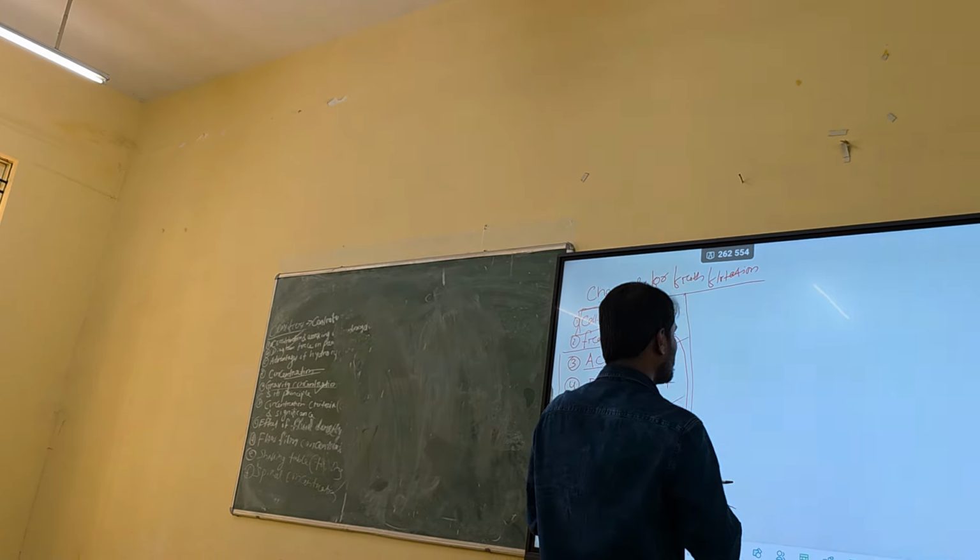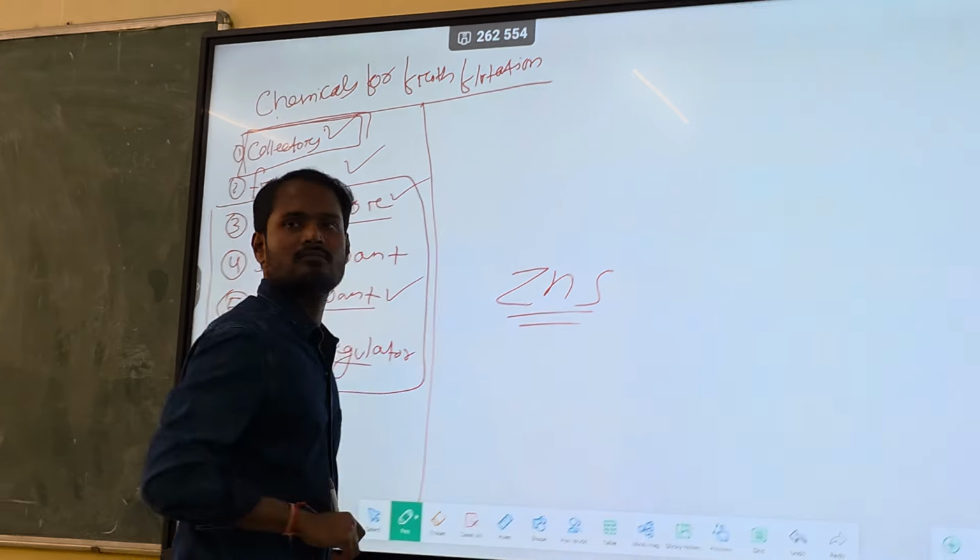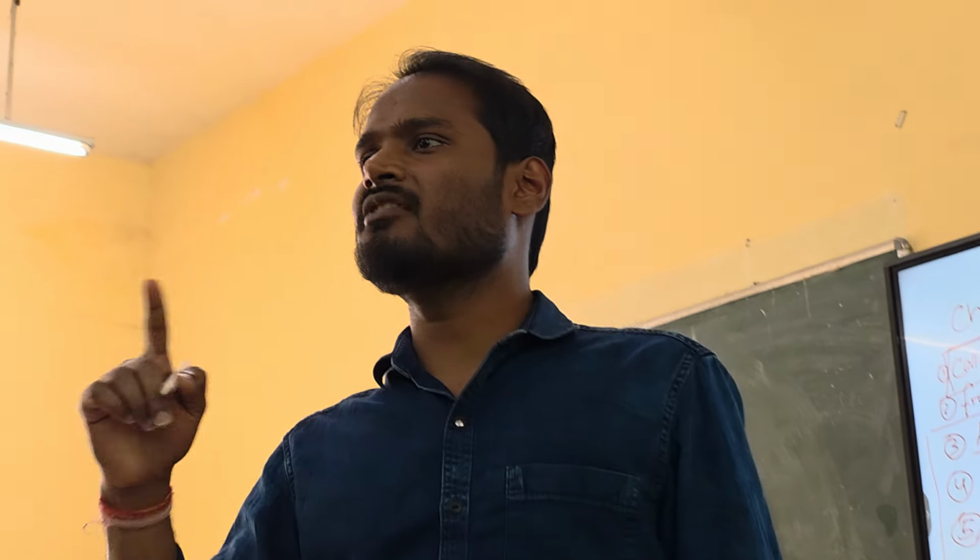For example, you have zinc sulfide. Zinc is an ore which is obtained in the form of sulfide. If you remember the different types of ore we have discussed: oxide ore, sulfide ore, halide ore, hydroxide ore, silicate ore, many ores or minerals. So sulfide is one kind of ore or mineral, right? Zinc is one of the metals obtained in nature in the form of sulfides. So you want to concentrate the zinc sulfide.